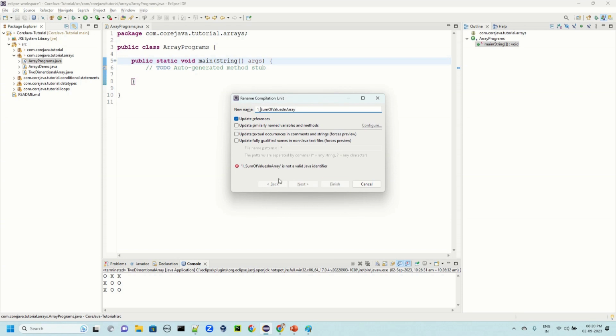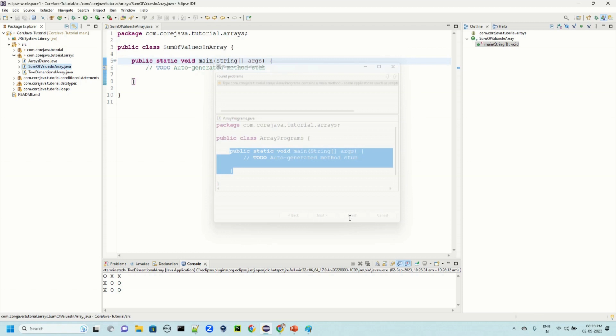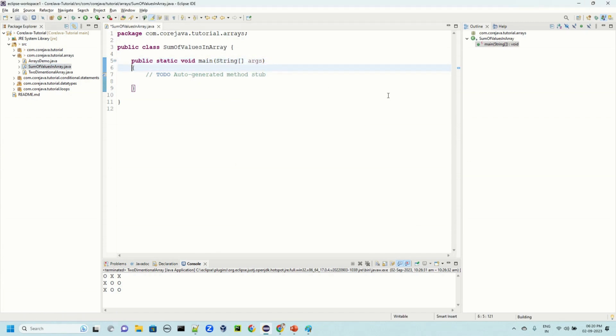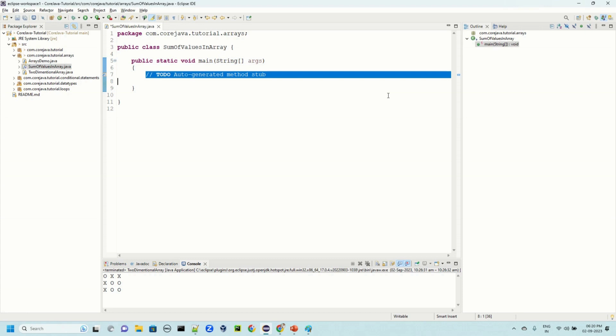It can't start with numbers. I think a class cannot start with a number. Okay, we are going to write the first program, that is sum of values